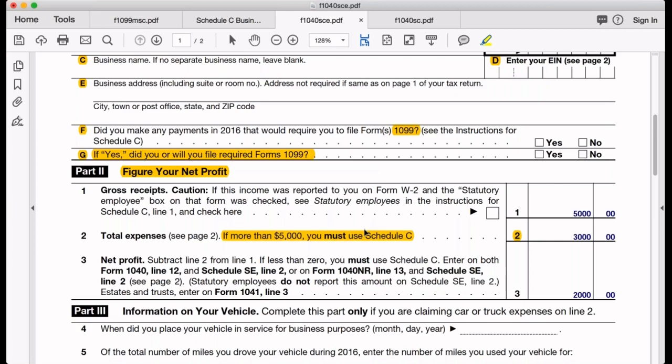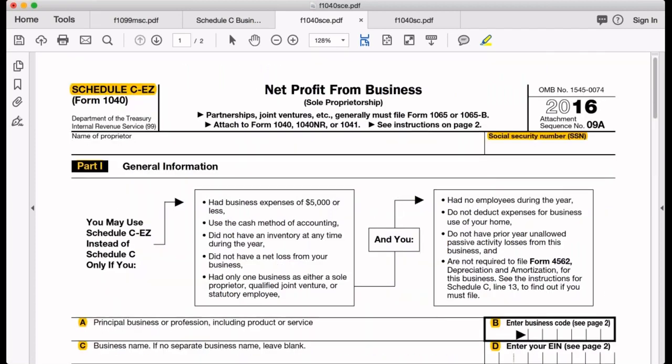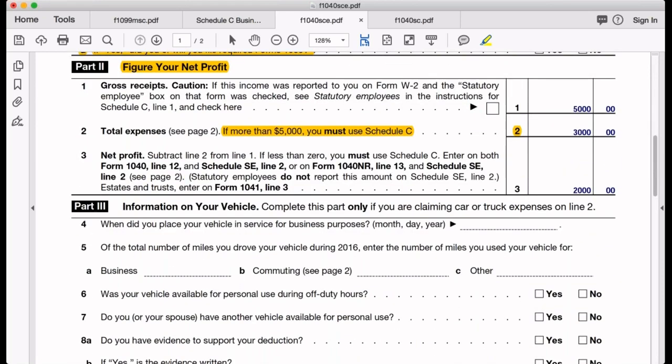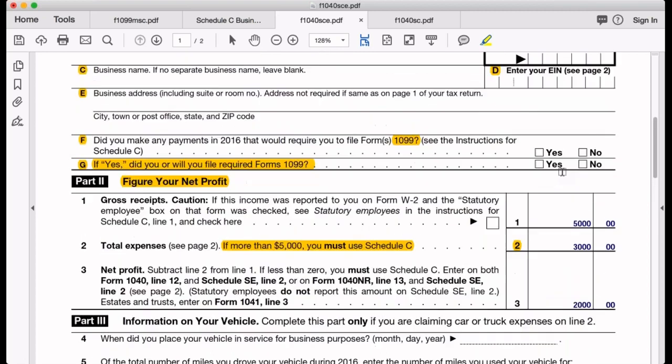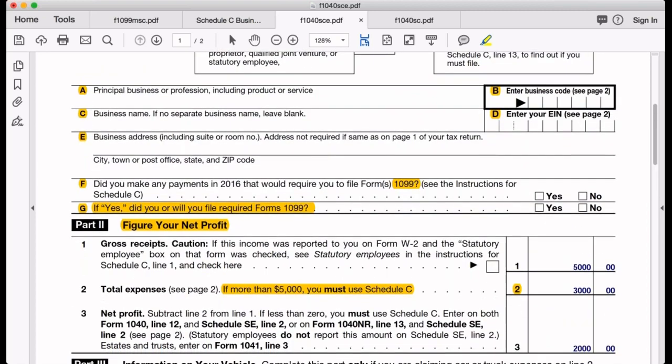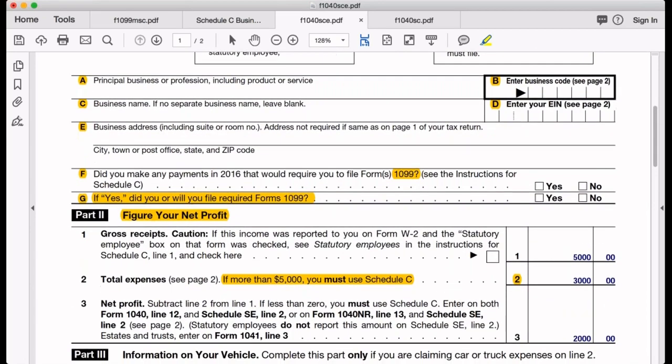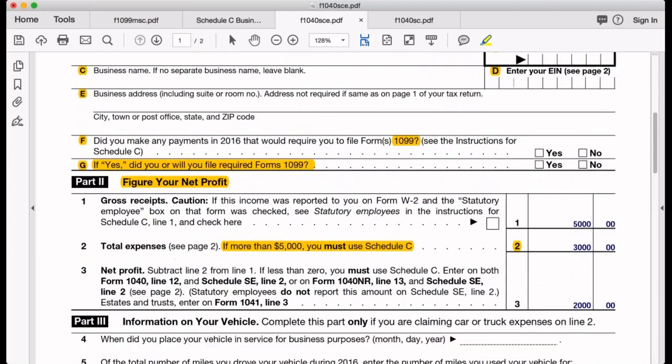If you have a customer that has an example like this, right? $5,000 worth of income, $3,000 in expenses. There's no need to break down the expenses. You can just come to this form, Schedule C-EZ, and do what I just did. Just this number right here. So this is what I'm going to show you. All I'm going to show you on this form, because we need to quickly move on to Form 1040,